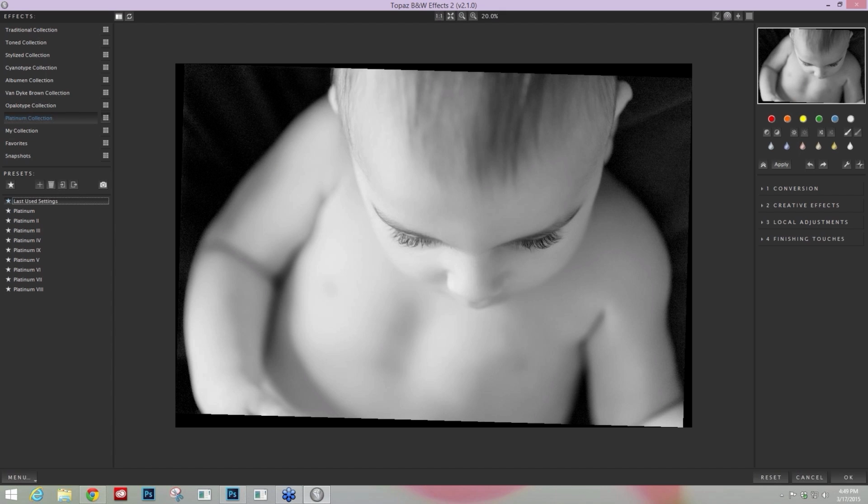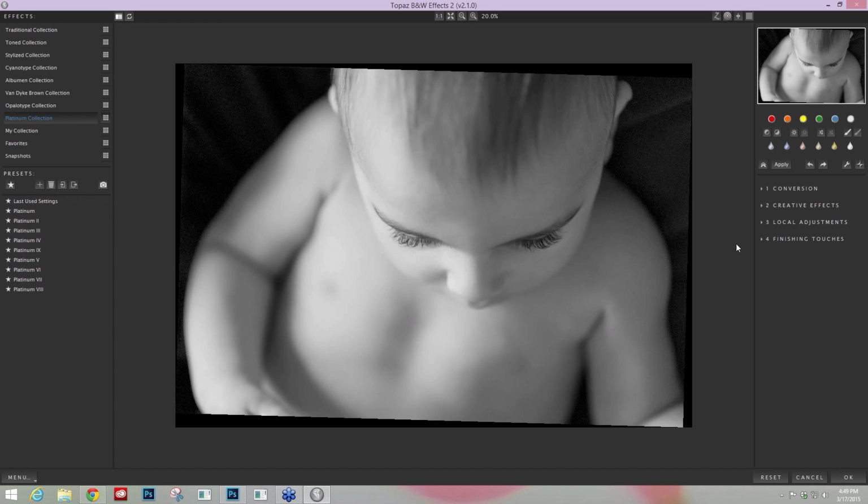We're only going to be going into a few modules here today, but it's really a very robust program. It has a ton of different areas for you. Over here on the left, you can really see that we have all different types of collections that you can simulate certain older processes or historical processes. It's a lot of fun to play with. But we're going to be over here on the right-hand side working manually today. So I'm going to press Reset All